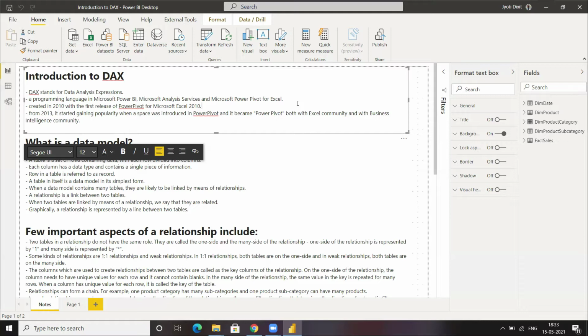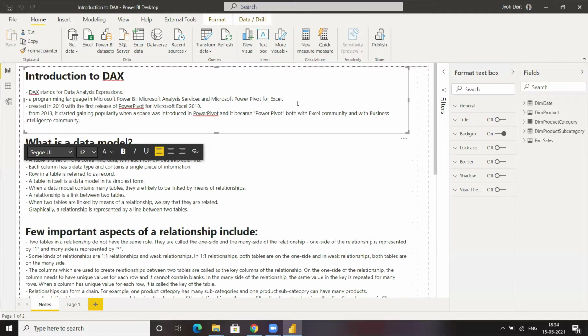It came with Power Pivot in 2010, but it was not that popular during that time because it was the first release. So in 2013 only, it actually started gaining popularity in the Excel community and with the business intelligence community.